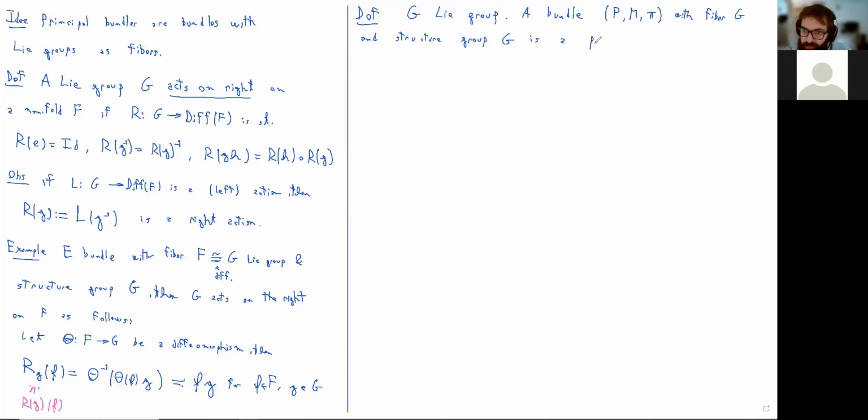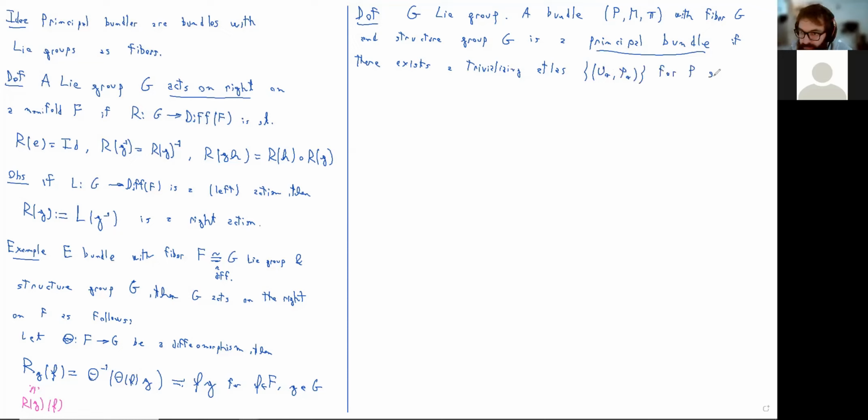It is a principal bundle if there exists a trivializing atlas for M, of course, I mean, for P, sorry, not for M, U alpha, phi alpha